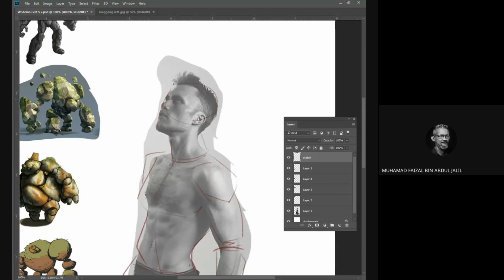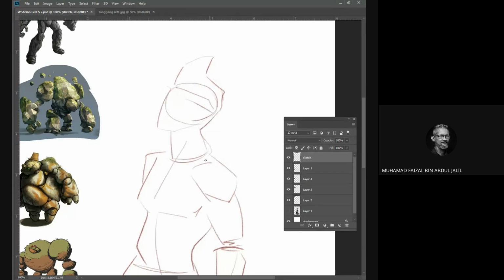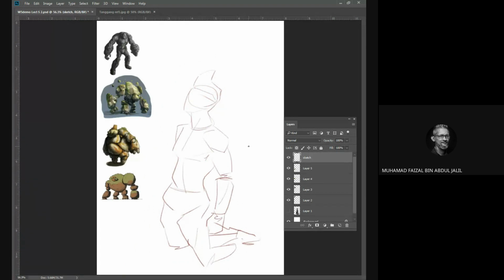And of course, the guy is wearing the tanjak. It's not an Ultraman, okay, tanjak. This is the basic structure in here. From here,